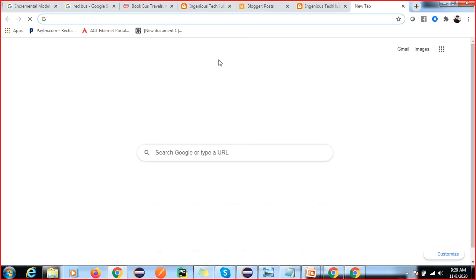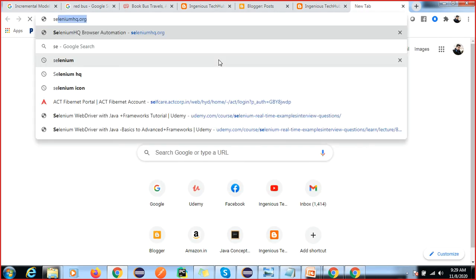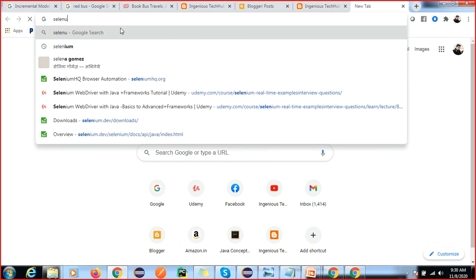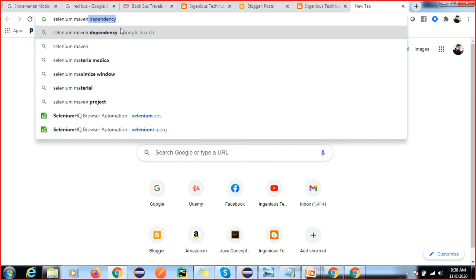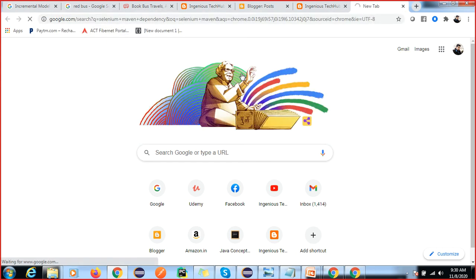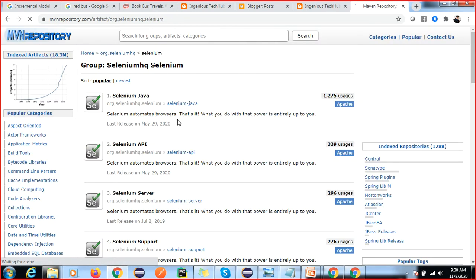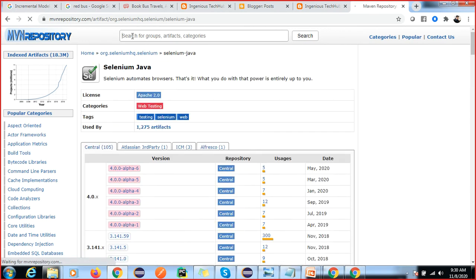For example, I want Selenium. All the dependencies you will get in the Maven repository. Inside this Maven repository, you can search for Selenium.